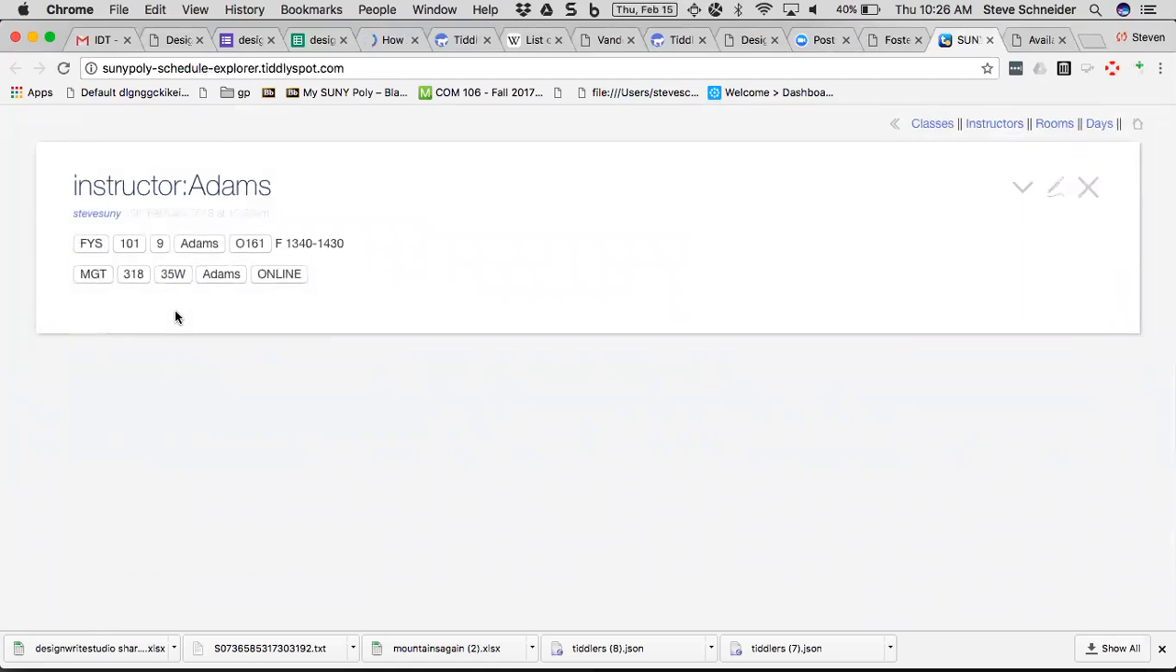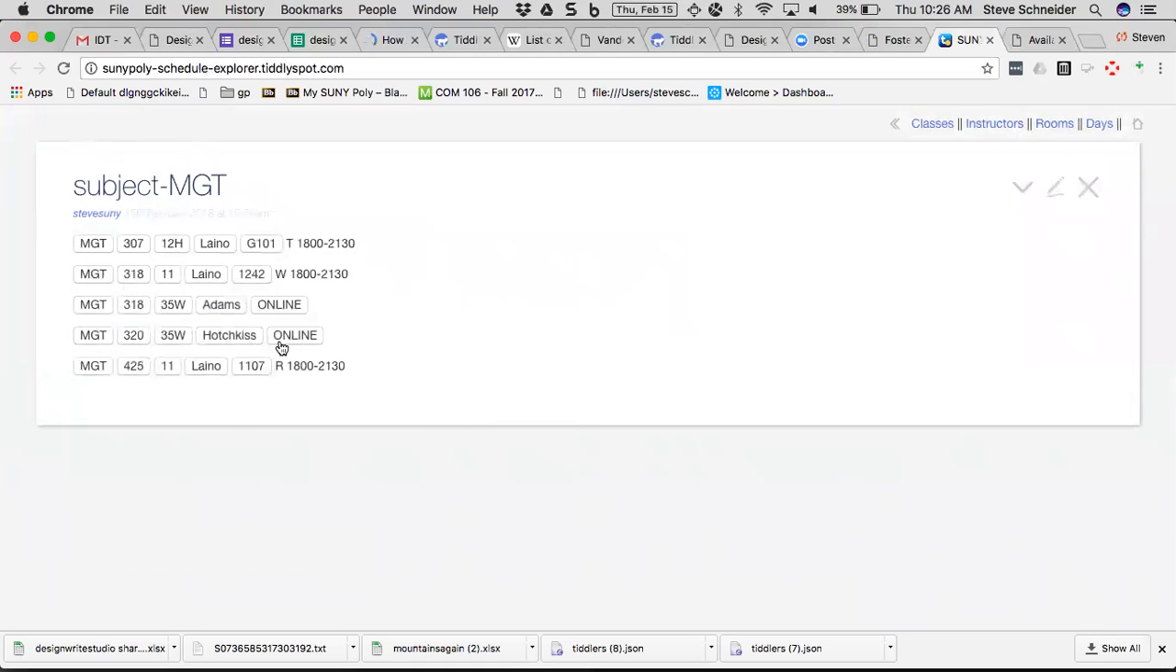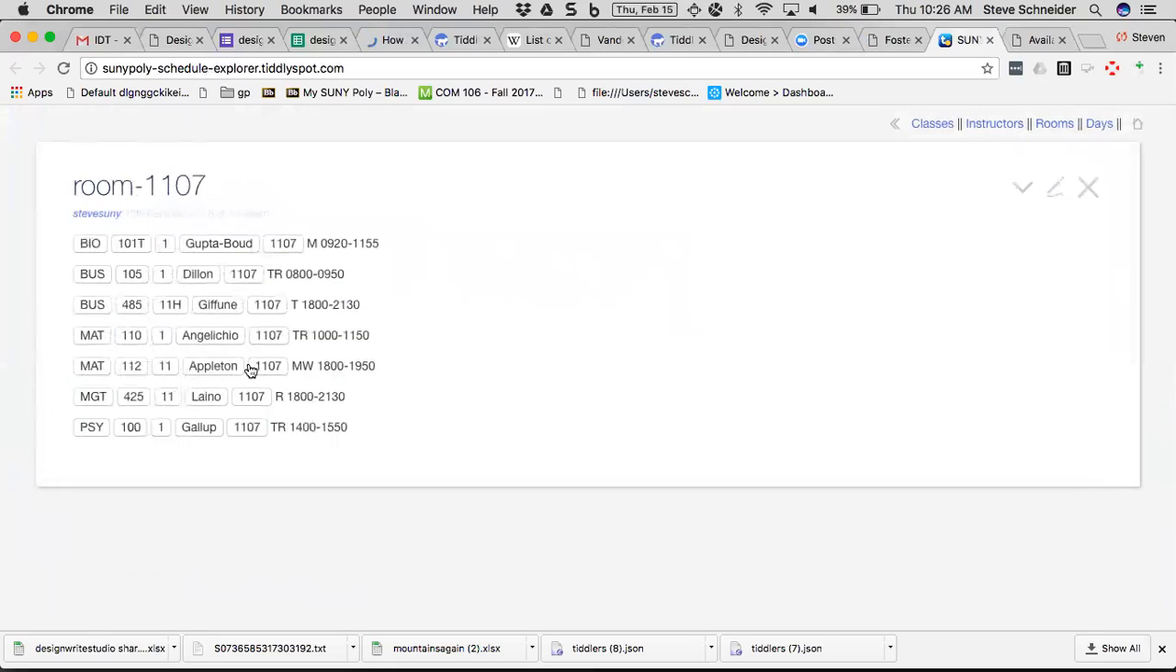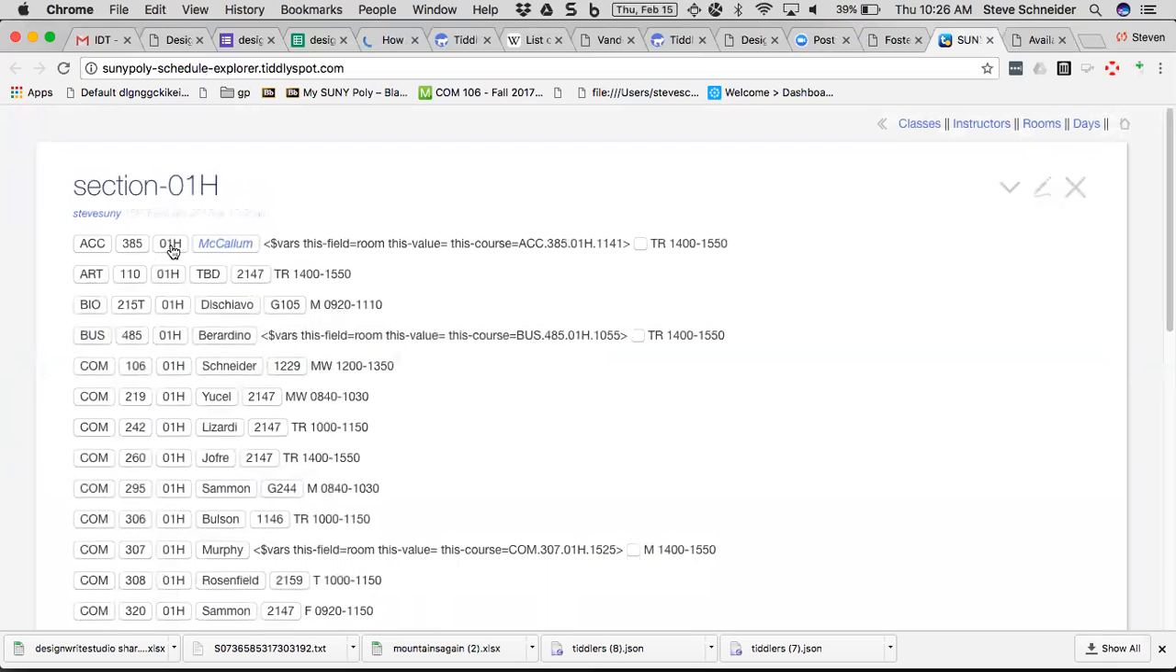There we go. And then I made every column navigable. And you should be able to think through how to do this now because you've got the tools. So if I wanted to see all the things that are taught by Adams, I've got that. If I want to see all the MGT courses, if I want to see all the courses taught in room 1107, or all the courses that are numbered 485, or all the sections that are numbered 01H, it's not so super interesting unless you're a faculty member who wants to know,